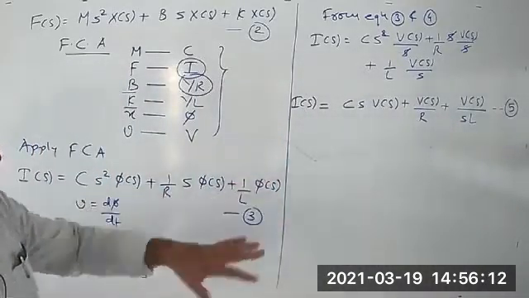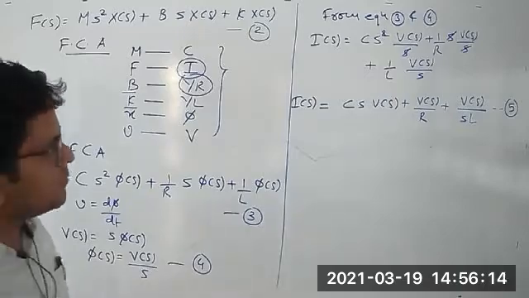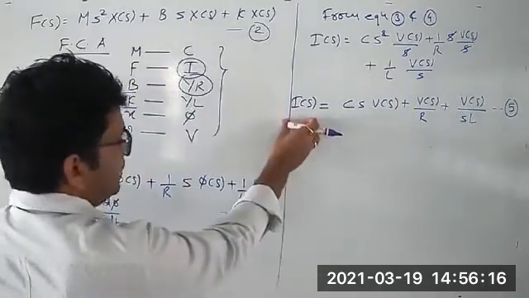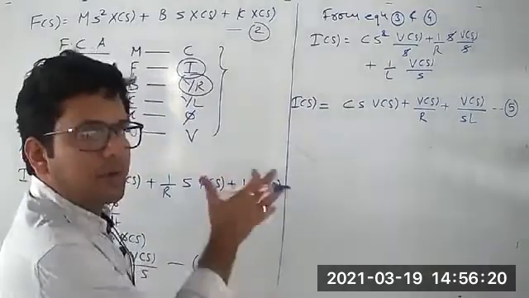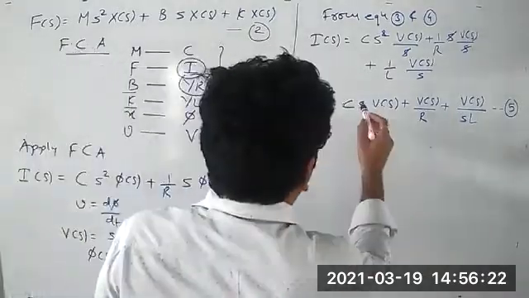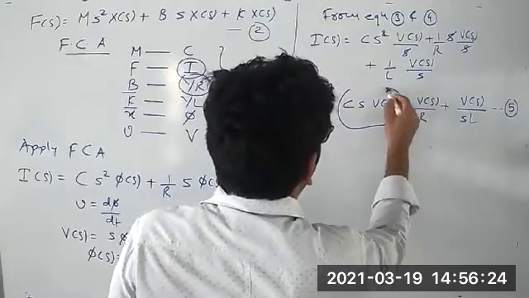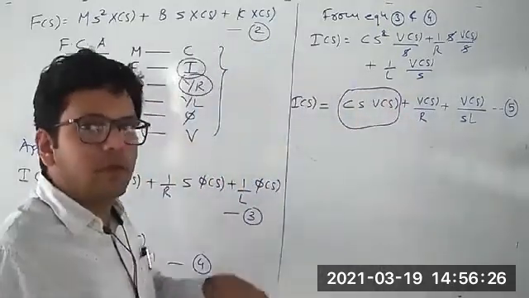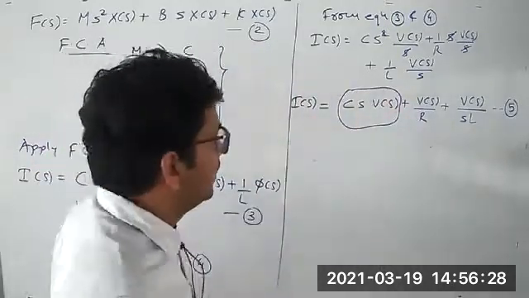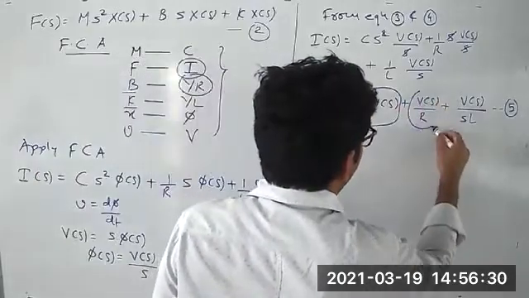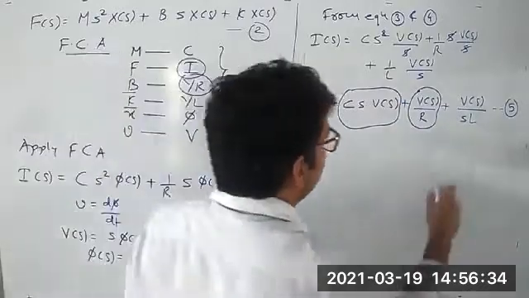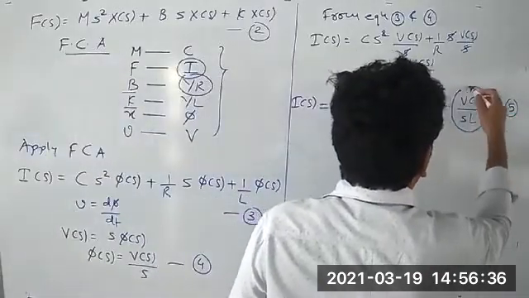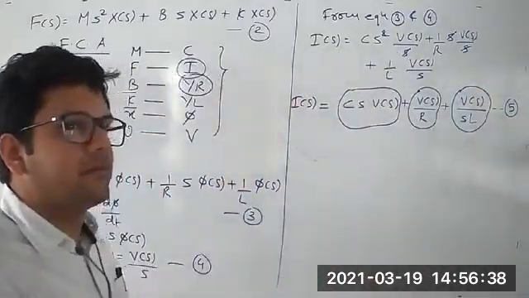Now from equation number 5, it is very clear that if you see the left hand side of this equation, this indicates the amount of current supplied as an excitation to that particular circuit, whereas this particular symbol indicates the value of current flowing through capacitive reactance. In the same way, this particular component indicates the value of current flowing through the resistor, and this particular component indicates the value of current flowing through your inductive reactance.